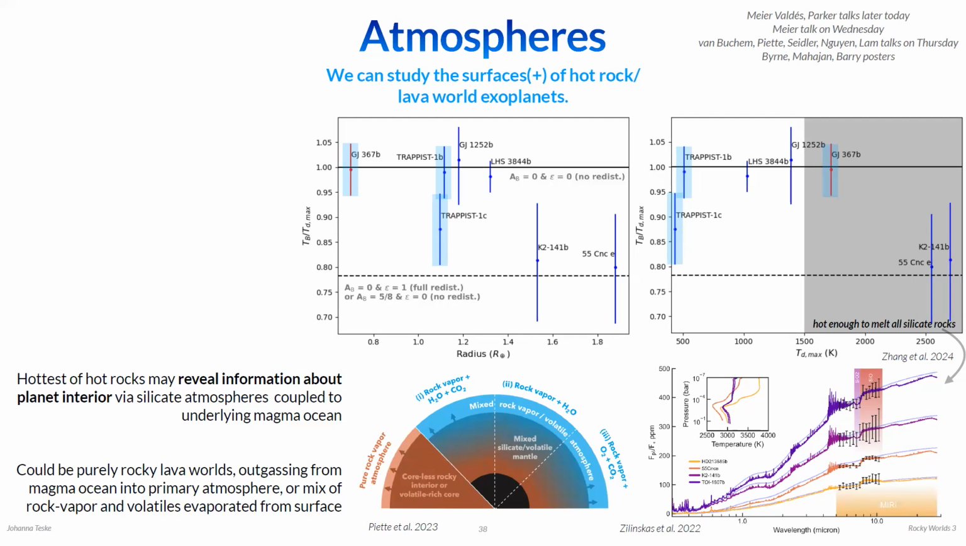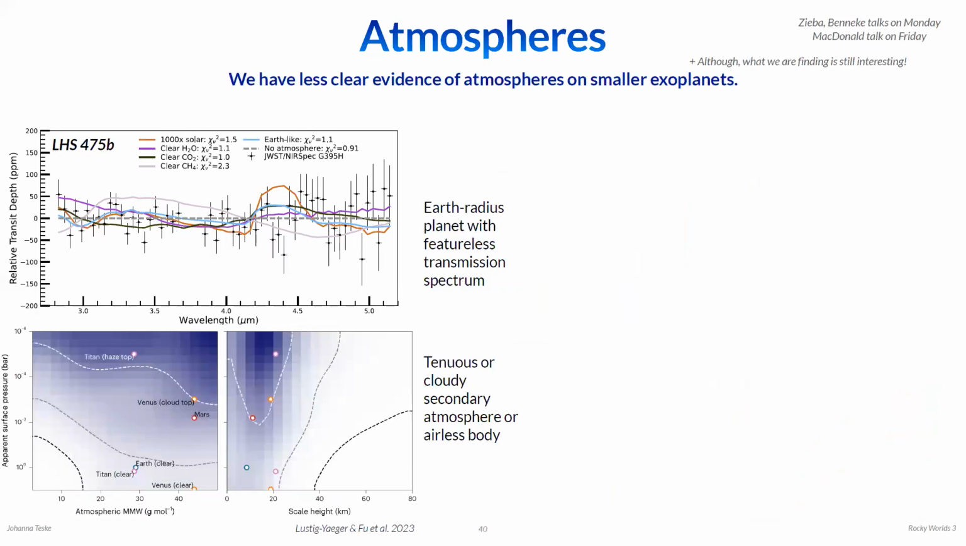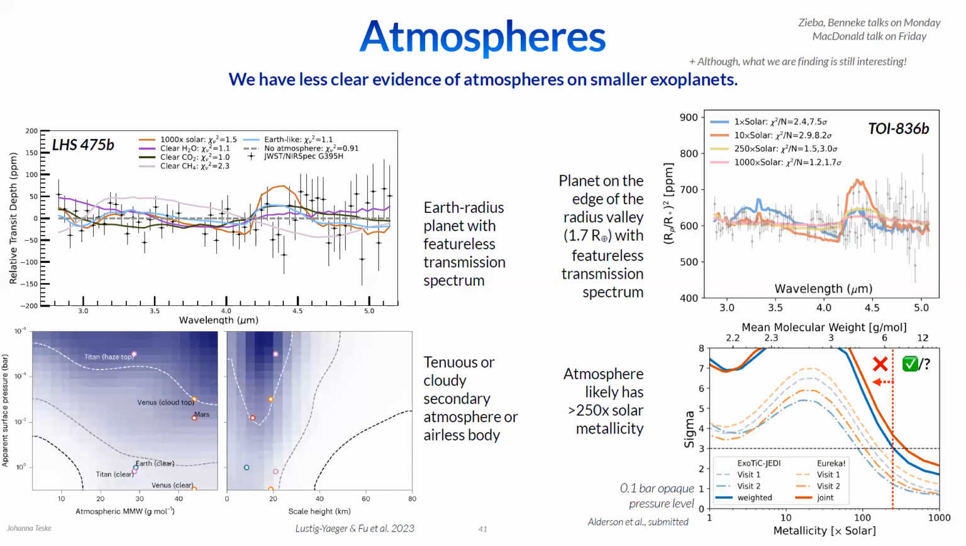I think there'll be a breakout about this second day. All right, perils quickly. We have less clear evidence of atmospheres of smaller planets in the more rocky regime. This is one of the first publications from JWST, basically a featureless spectrum of an Earth radius planet. The constraints on the atmosphere: it has to be tenuous or cloudy, secondary atmosphere, or it might just not have an atmosphere. From the group I've been working with, we have a slightly larger planet, but it's also consistent with,